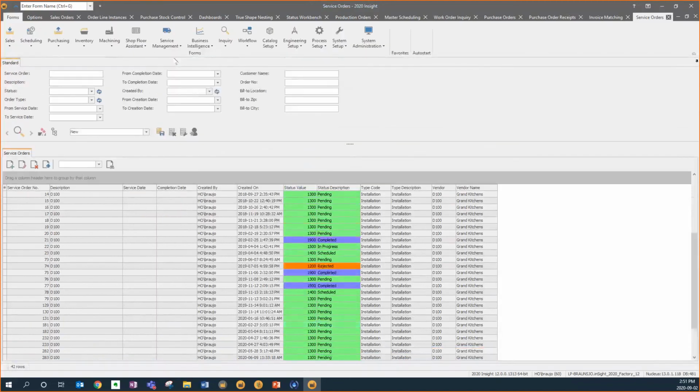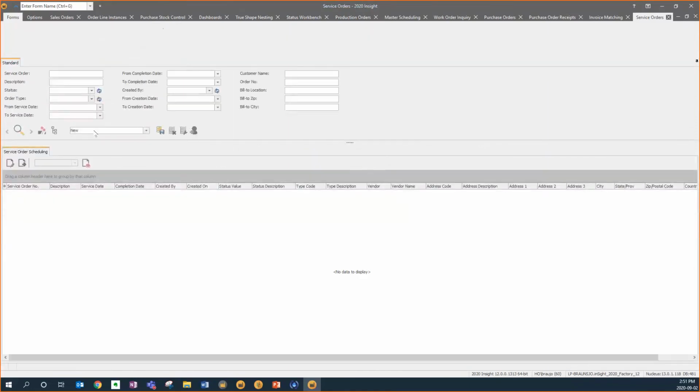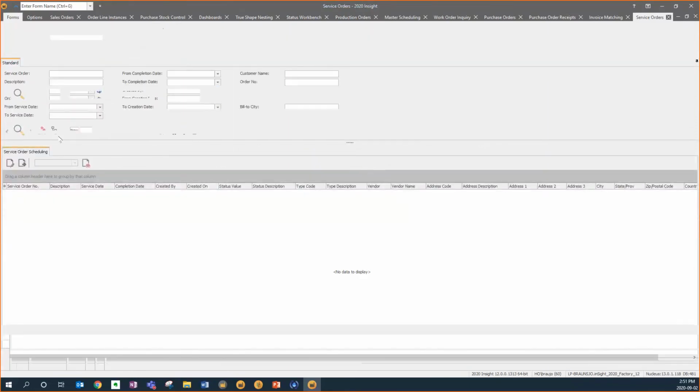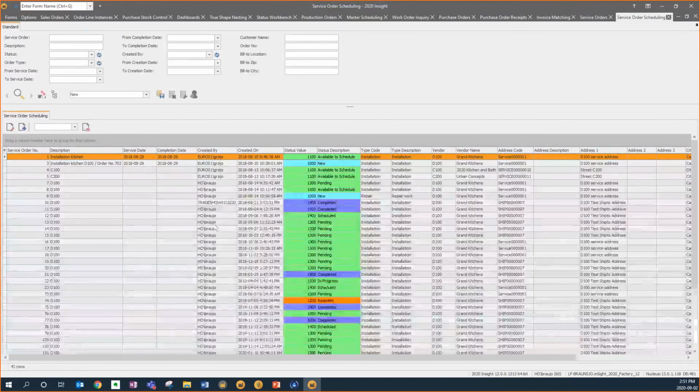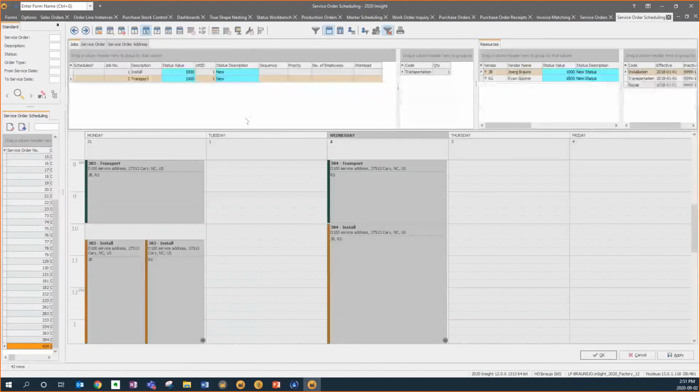Now, since this could be two different kinds of people, where somebody releases or creates the service orders and someone else schedules them, that's why we have two forms here in the system, but it could be the same person doing that. So saying, okay, here's my 434 job, and what I'm doing now is I go ahead